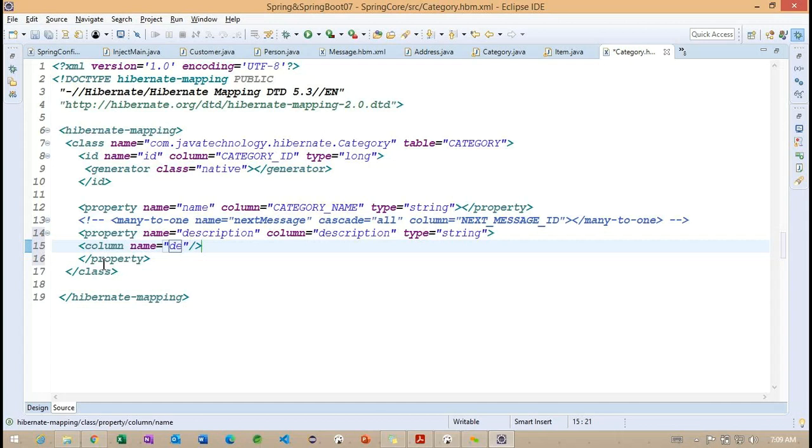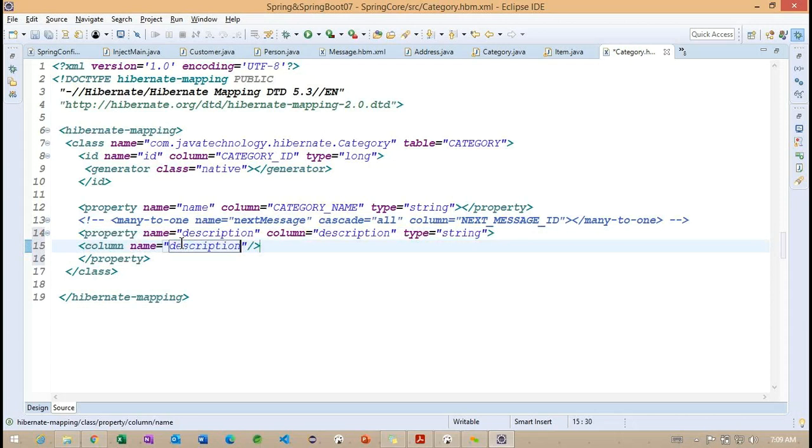Getting the point? Instead of using the column attribute, we can provide a column element here, which gives more flexibility. So we can define it in two ways: using the column attribute, or using the column element.